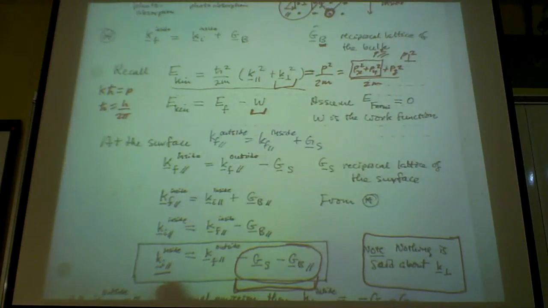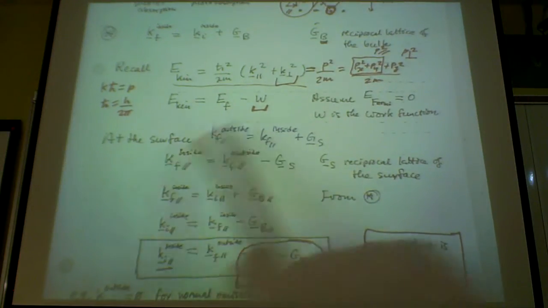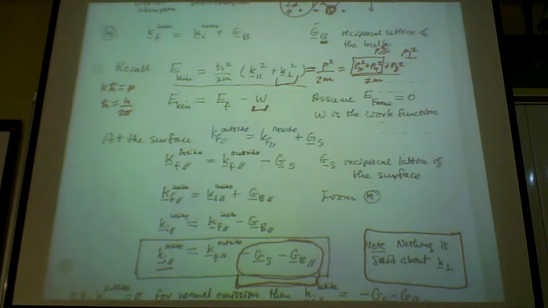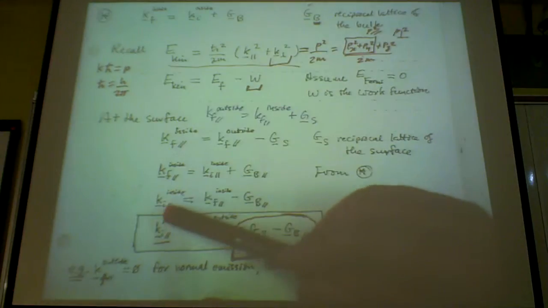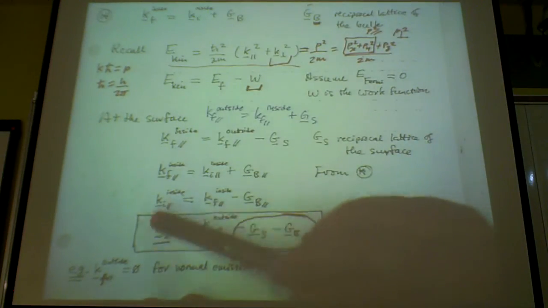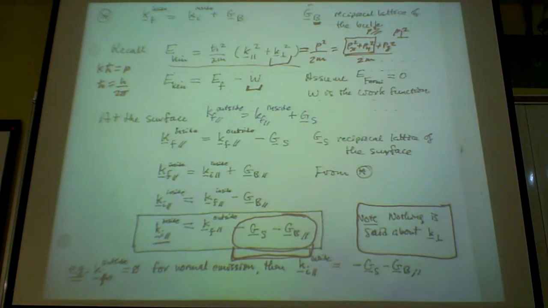And the connection is really quite simple after you do all this little algebra: only the parallel component is concerned. So the upshot of all that is that the parallel component of the initial state, inside your solid, because you absorb the photon inside the solid,